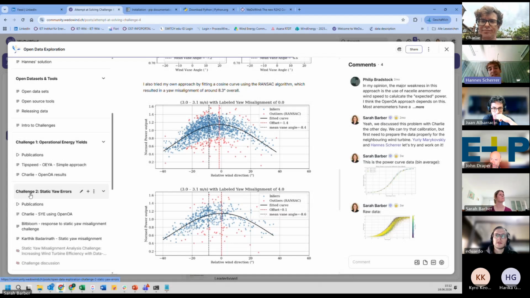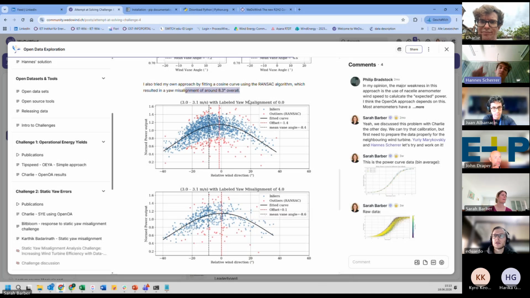I thought this RANSAC algorithm could also work here, because it's really stable against outliers, but also not very successful. The result of that was around 8.3 degrees.